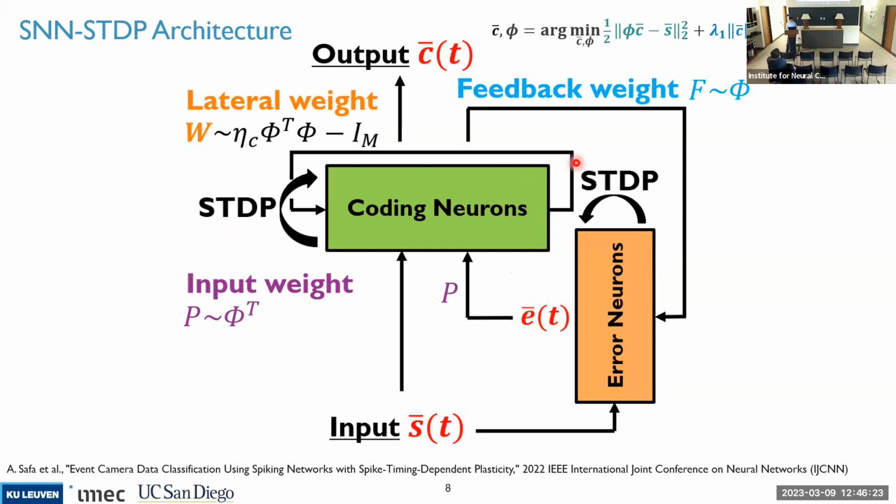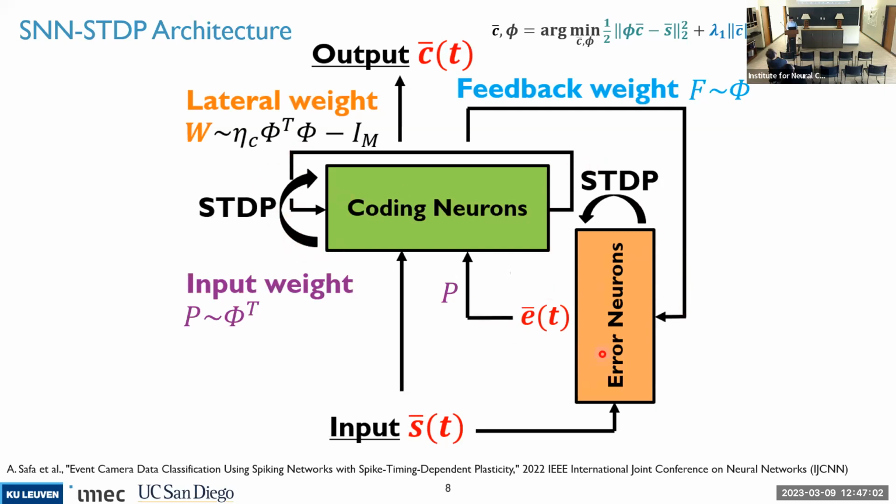You also have a recurrent connection through the lateral weight W, taking the output of the coding neuron and feeding them back to the layer, because this architecture, as you can see, is a recurrent one. And also the last thing is that you have a feedback weight connection through the weight matrix F from the coding neurons output to these error neurons. And then the output of the error neurons are fed back as well through the input weights to the coding neurons. So basically, we have a recurrent architecture here in the green part, and then a special add-on part through these error neurons here.